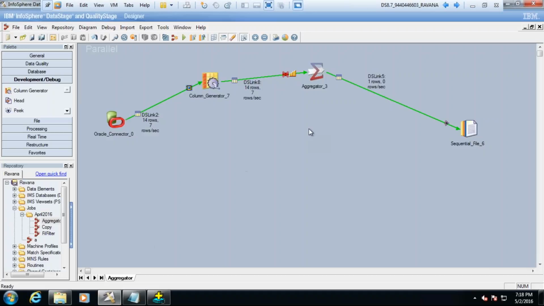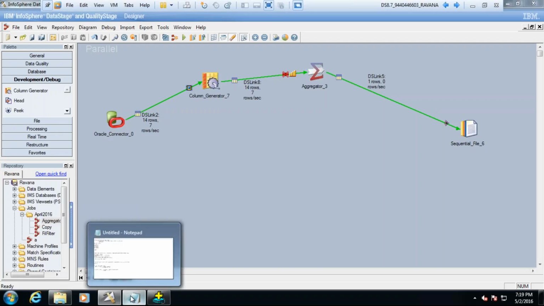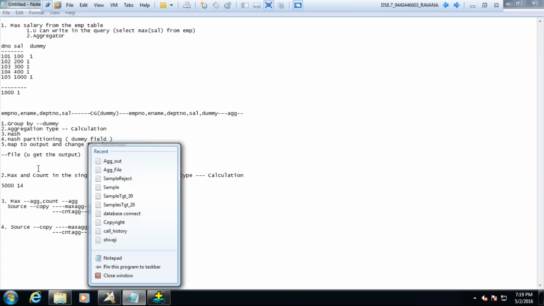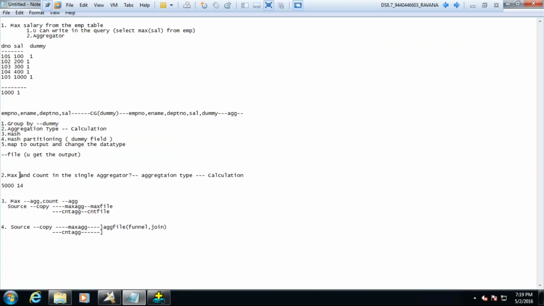Now think. Guys, I don't want to give you the straight answer. I will not give it at all. I will try to get it from your minds itself. If not, then only I will tell. So just try. With the column generator, can we think? Sir, we have done the column generator and we are getting the max. You are absolutely fine with that. So for max, we are using the column generator only. There is no other way, right? You have got the 5,000.